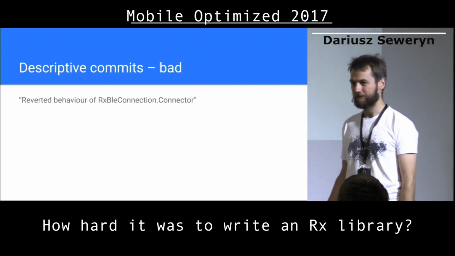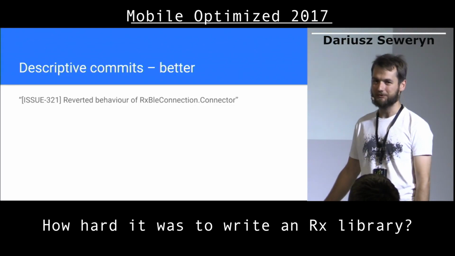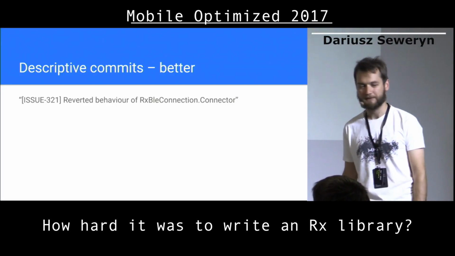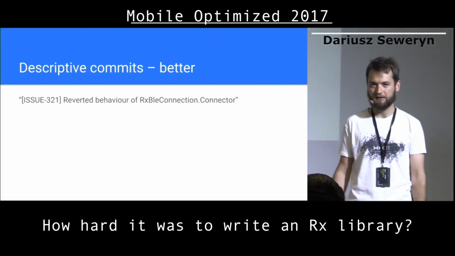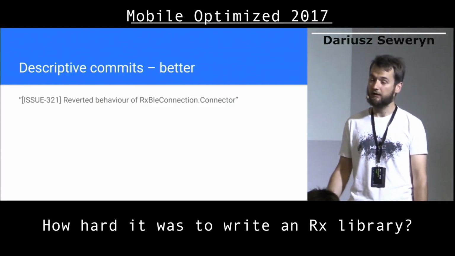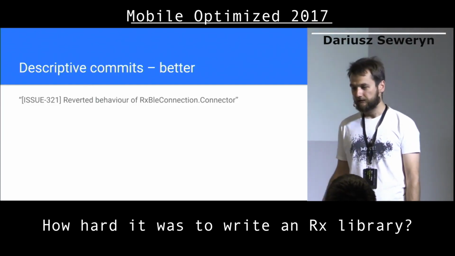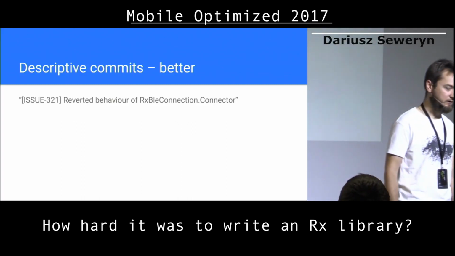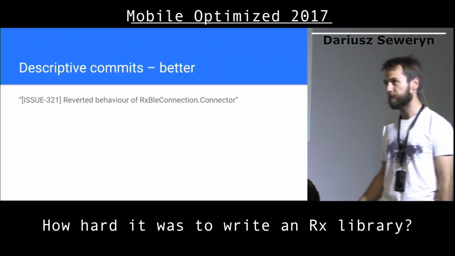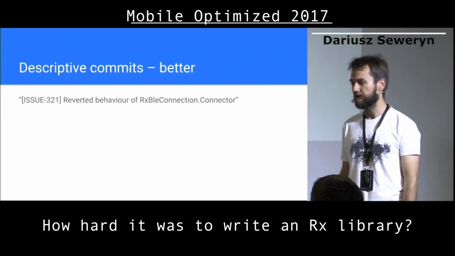A bit better solution is to give at least a link to the information where more knowledge can be found. It is a reference to an issue somewhere. But okay, it's better. Still, the link may be inactive, or the person who is looking at it may not have access to a particular site. So there is something in the SVN applications that makes the application treat the first line of the commit a bit differently than the rest.